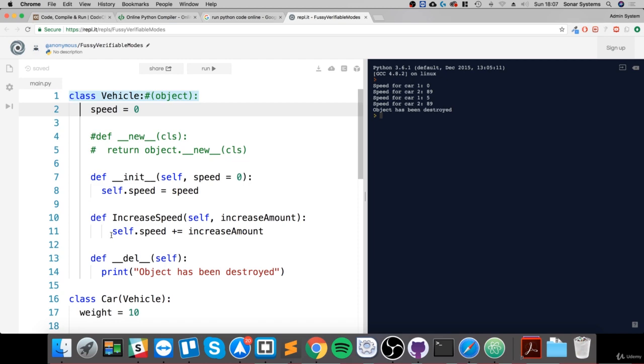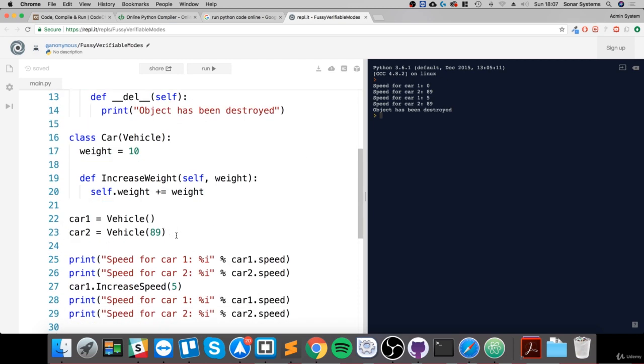So what this means is car has this attribute, but it has access to all of these attributes as well. So we can do the increase speed. So if we were to create now